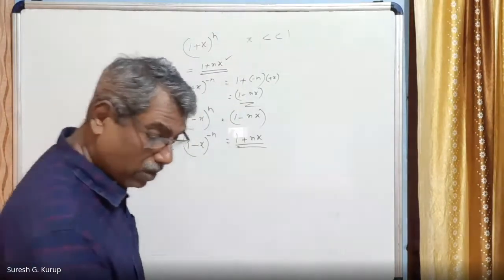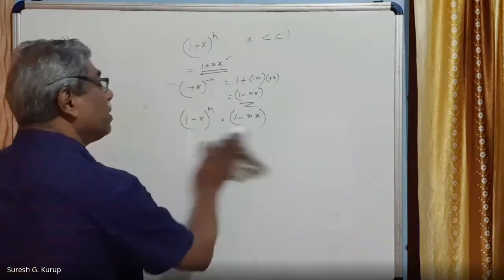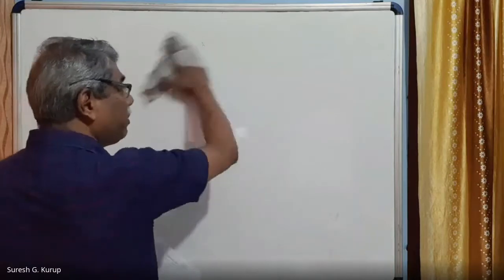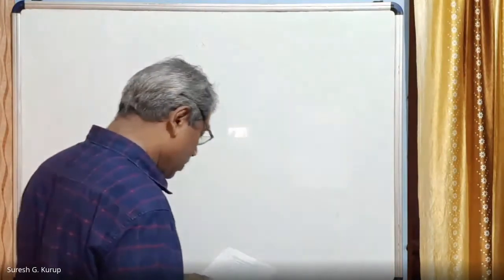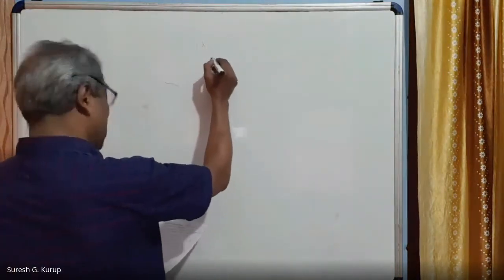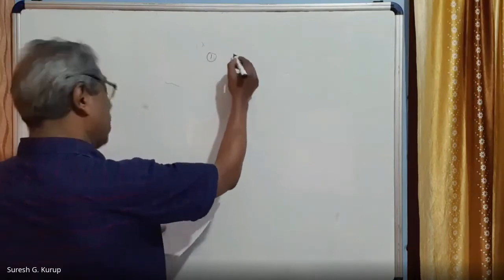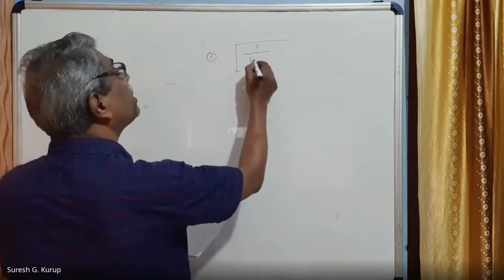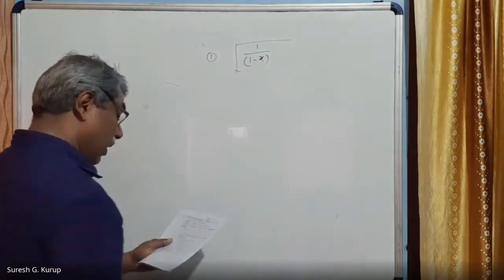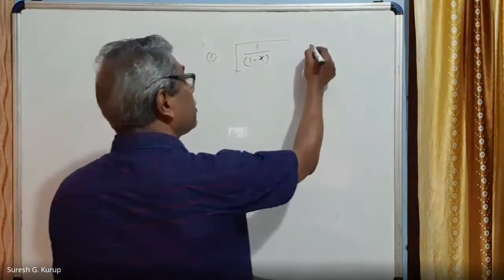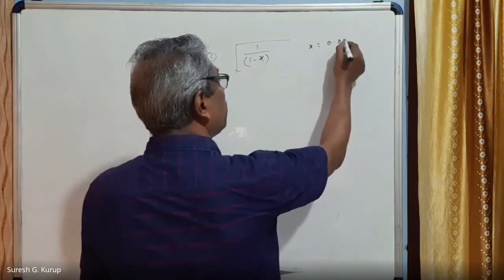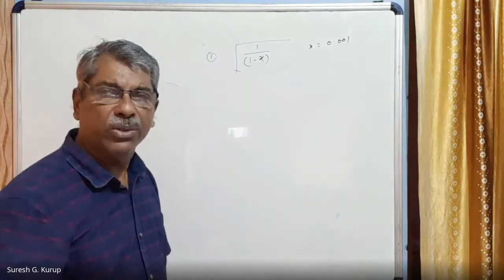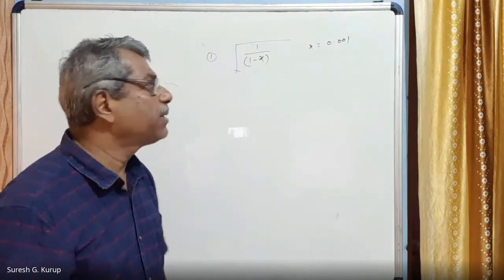So we can do some problems also. So to do some problems, I am trying to give you an idea. Suppose there is a problem number 1, that is, the square root of 1 divided by 1 minus x. So there is a function like this. Here x is 0.001. Remember, in all those cases I explained, x must be very much less than 1.